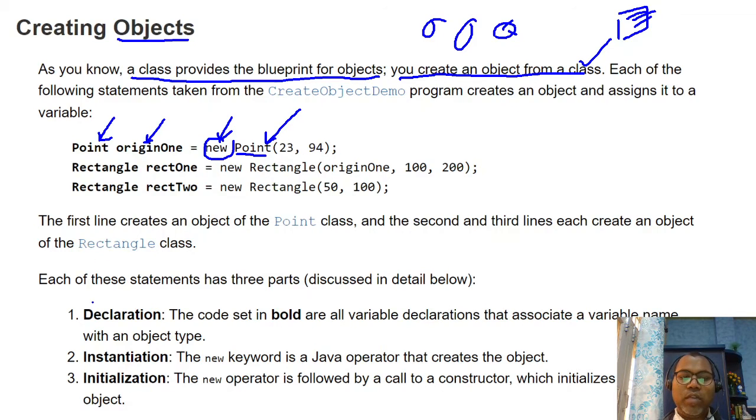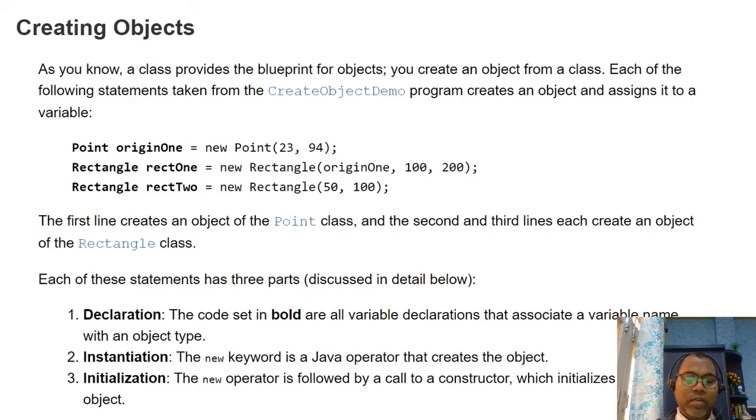So finally, it is a complete statement, and you can consider it in three parts. First your declaration, after that your instantiation, and then initialization.